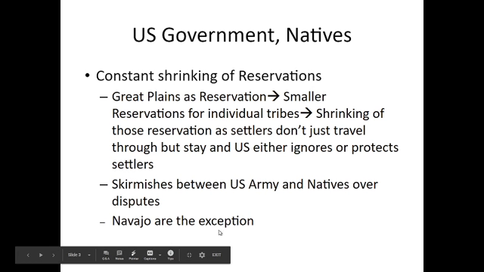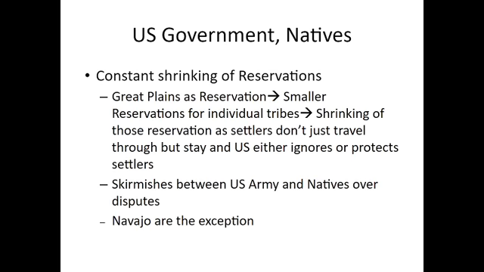One exception here is the Navajo. I say exception, but it's really not a full-on exception. But we talked about the Trail of Tears and how they moved Native Americans from the East Coast to places like Oklahoma. And the U.S. government tried to do the same thing with the Navajo. The Navajo were kind of in the mountains of Utah, New Mexico, and Arizona, and they tried to move them east to the east side of New Mexico, which is near Oklahoma, and that same kind of landscape, maybe the land isn't so good, and so it's called the Long Walk for the Navajo, similar to the Trail of Tears. And they kick out all the Navajo, and